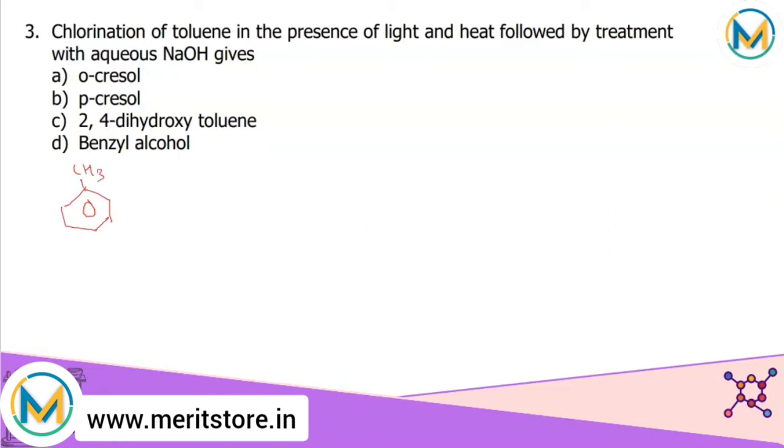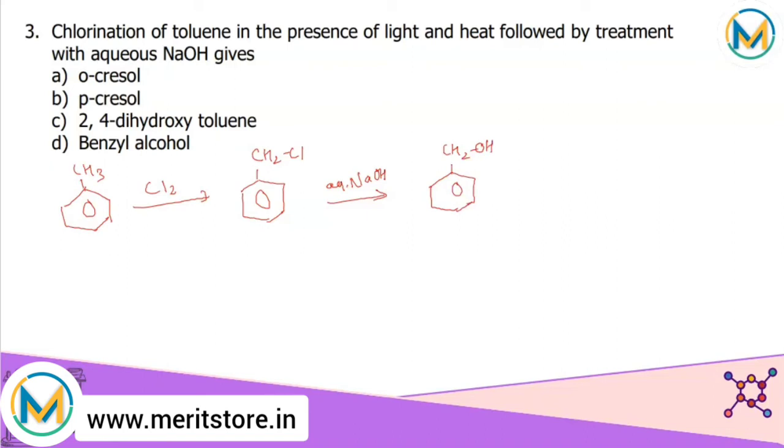Then on chlorination, we can have benzene with CH2Cl, that is benzyl chloride, and in the presence of aqueous NaOH, we're going to give you benzene with